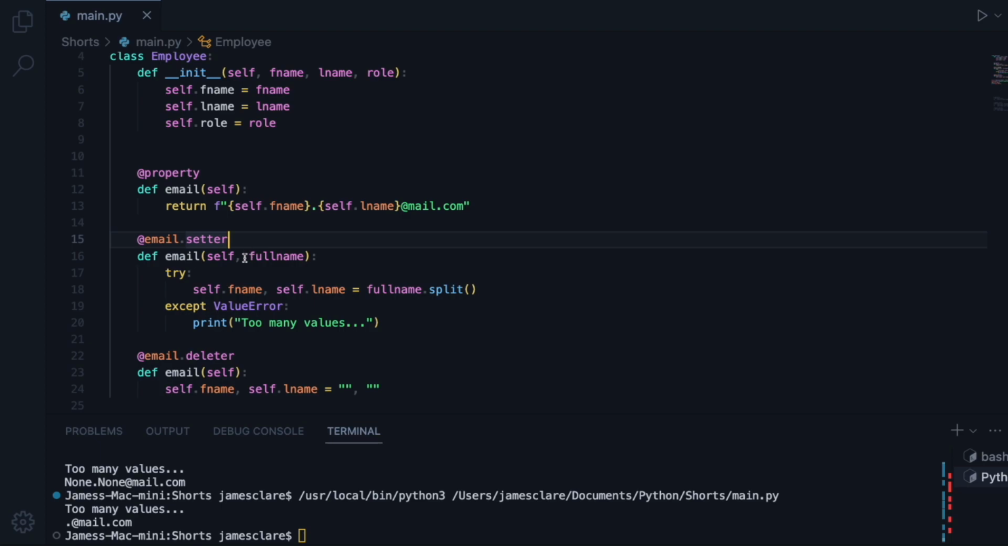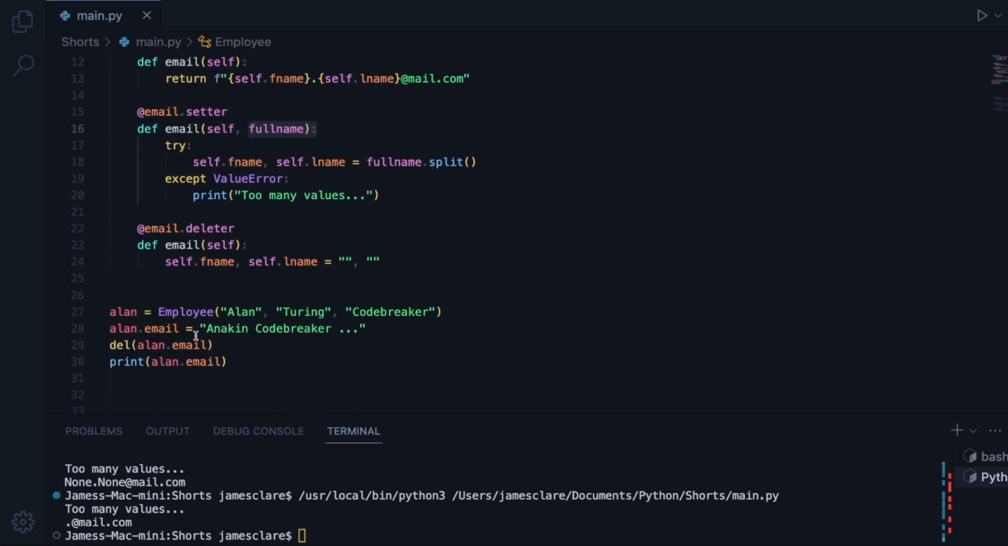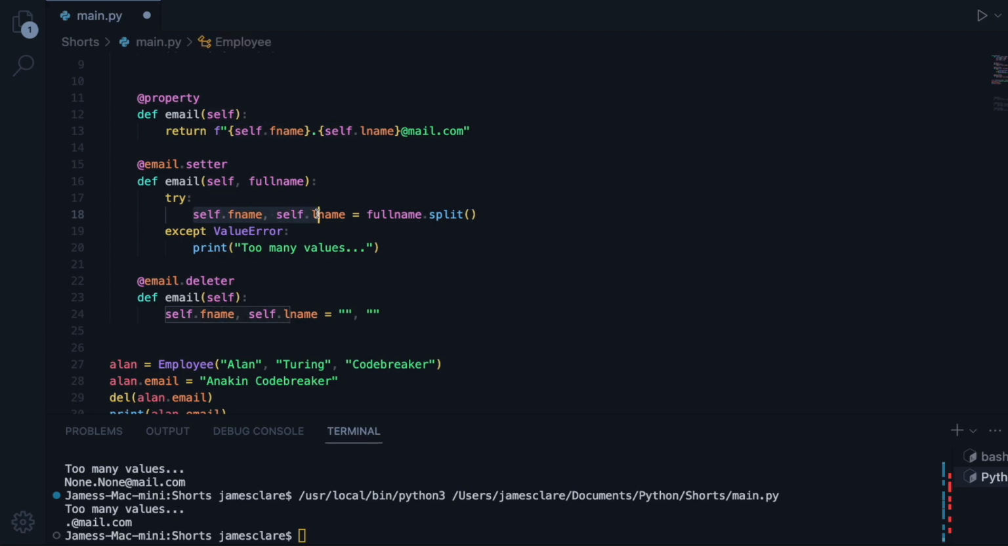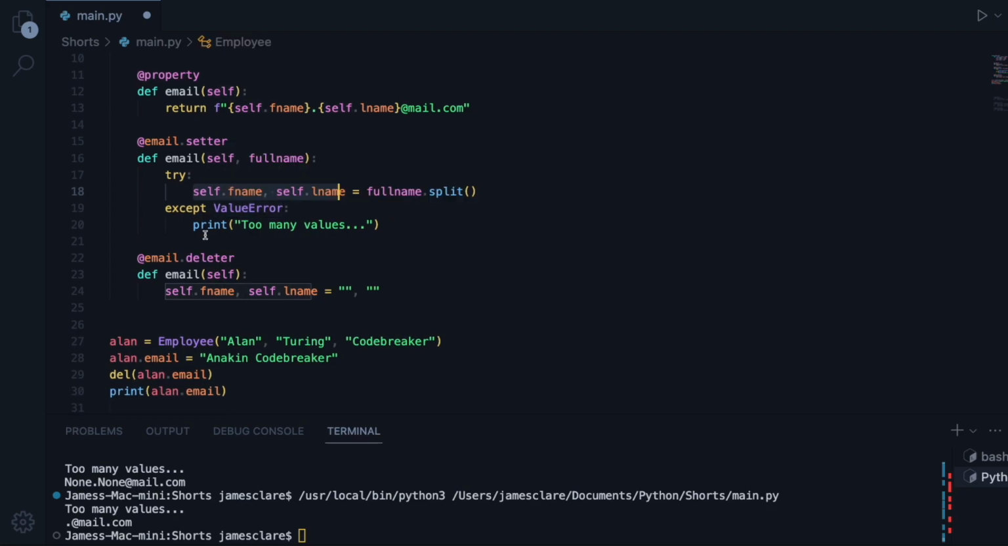So in this case we took in fullname. Let's see, we took in this here. So if I just make that a bit nicer, this got split apart into Anakin and codebreaker and therefore given to fname and lname. And then that meant that once we called the email from that point, it was, in this case, anakin.codebreaker@mail.com. And then the email.deleter, this is there to respond to whenever the del function is called. So the del function is called on alan.email, wakes this up, and this says, okay, set the fname and the lname to blank and blank. So therefore after that, if you then try and print off the email, we get